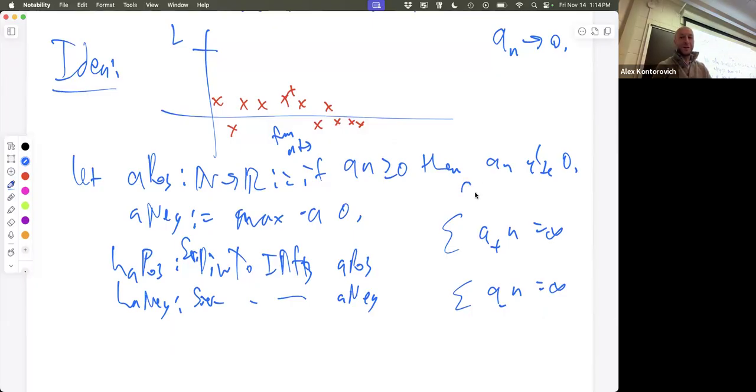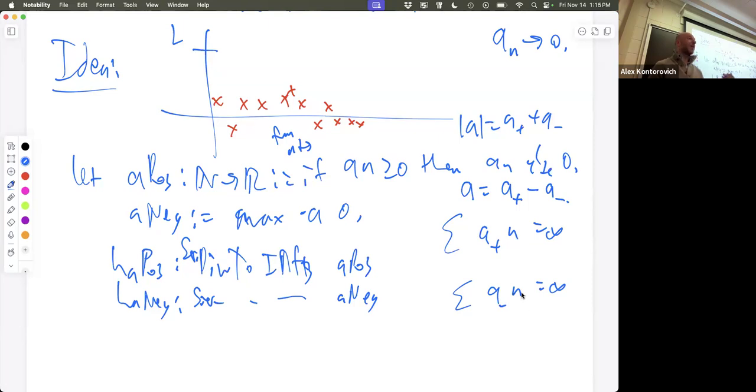Notice that the sequence A is just the difference of the positive terms minus the negative terms. So if one of these, let's say the negative terms converge, I claim both of these things are true. So if at least one of these is not true, let's say the positive series converges. Well, then either this also converges, in which case their difference also converges and we have absolute convergence. Sorry, their sum is the absolute value. The point is that the absolute value of A is A plus plus A minus. So if they both converge, then the series would be absolutely convergent. So at least one of them diverges.